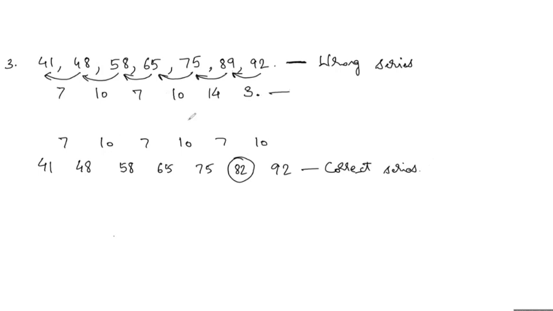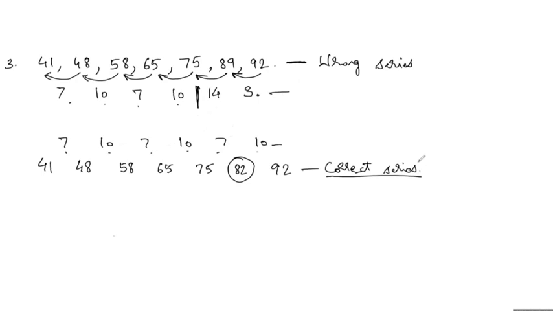So after seeing this, we understood what the correct pattern is. Look, 7, 10, 7, 10. After that it is changing. So the pattern is wrong here. Till here it is correct. After this, there is a wrong pattern. So from this we figured out the correct pattern, which is 7, 10, 7, 10, again 7, 10 repeating. Using this correct pattern, we wrote down this correct series.